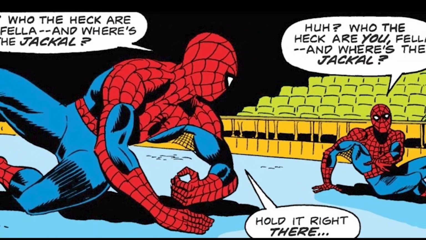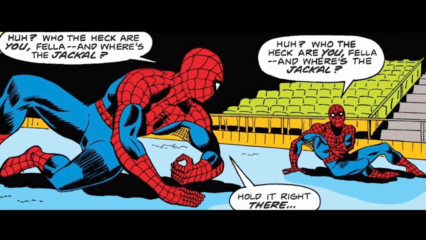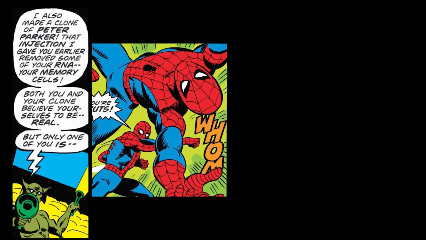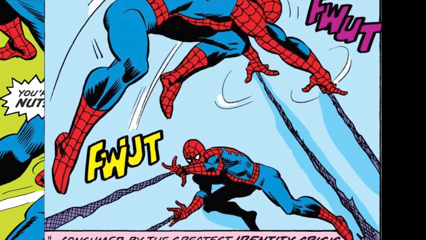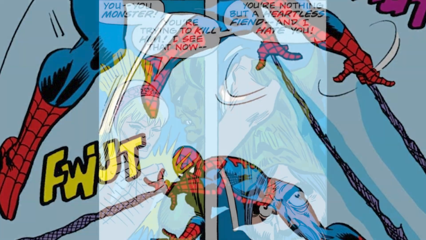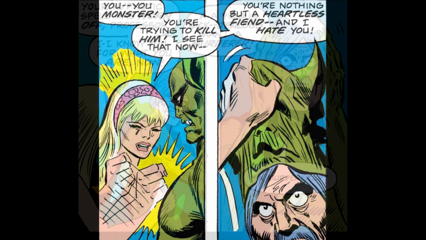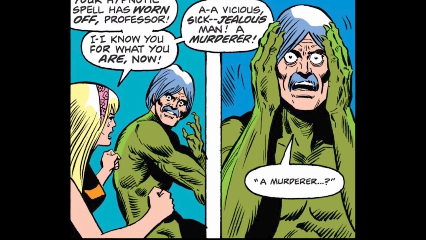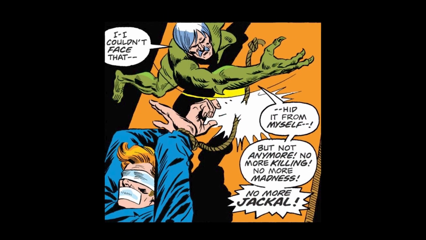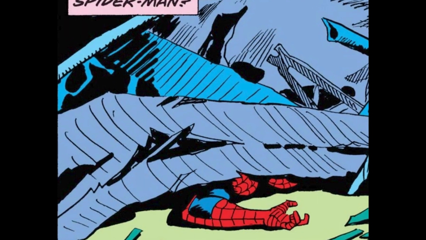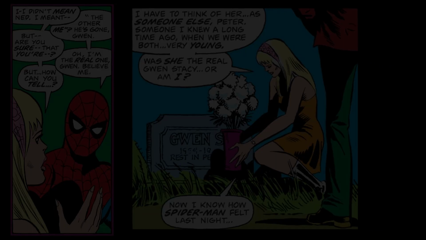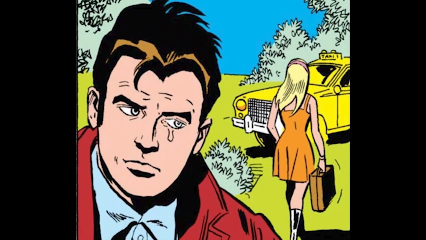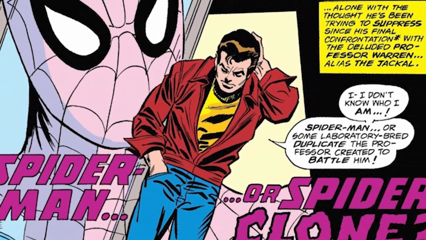It's unclear which one is the real Peter, but they have to figure it out fast, because only the real Spider-Man is able to save Parker's friend Ned Leeds from a bomb. During a skirmish between the two Spider-Men, the Gwen clone smacks some sense into Warren. He realizes the horrible things he's done and sacrifices himself to save Leeds, with the Spider-Man clone supposedly dying in the process. The Gwen Stacy clone decides it's best if she leaves, determining she isn't the real Gwen Stacy, as Parker returns home to reconcile with MJ. Peter isn't so sure he isn't the clone though.